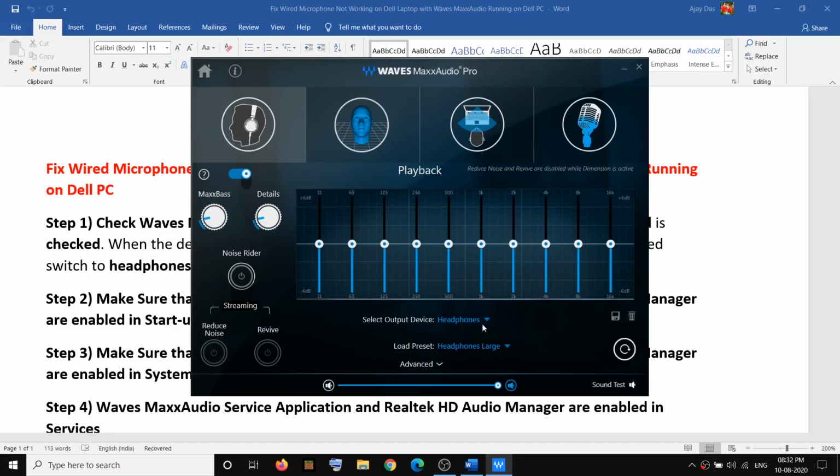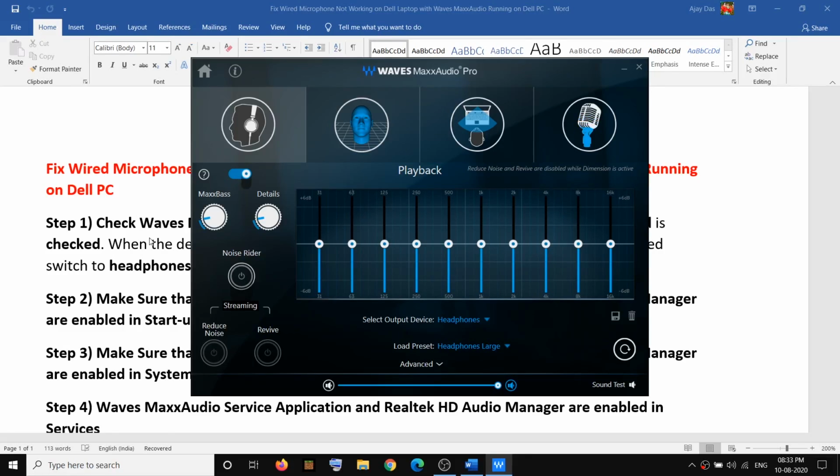So if headphone is selected, you can select headset, and then check your microphone. But if you're still facing the problem, then you can switch back to headphones. So first try headset and then try headphones and then check your microphone.